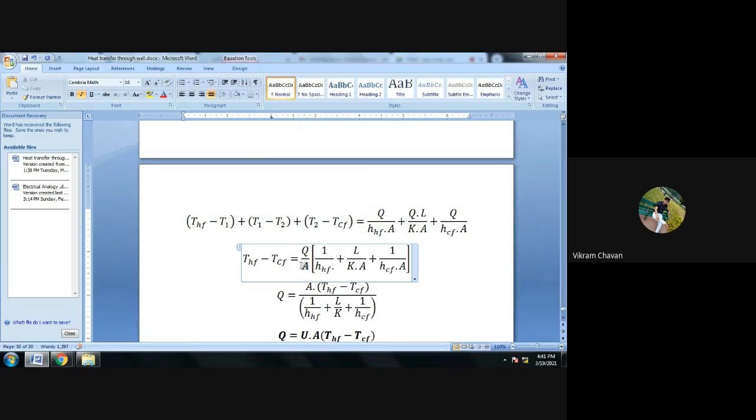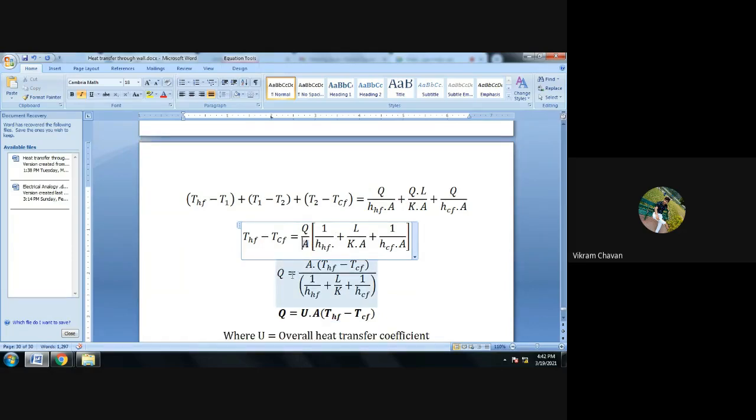So shift this area and this particular bracket to the left side. When you shift them, we get the equation Q is equal to area multiplied by (T suffix Hf minus T suffix Cf), whole divided by, in bracket, 1 divided by H suffix Hf plus L divided by K plus 1 divided by H suffix Cf. Now this equation can be written as Q is equal to U multiplied by area